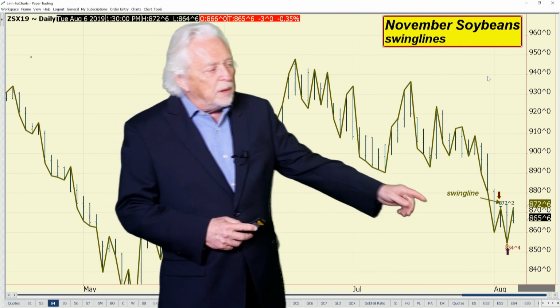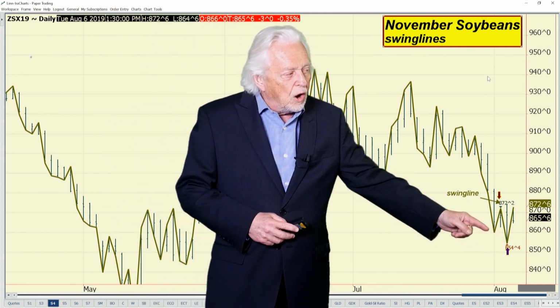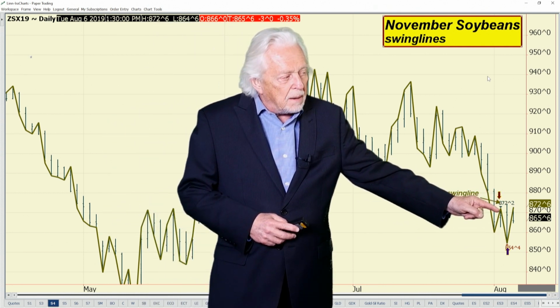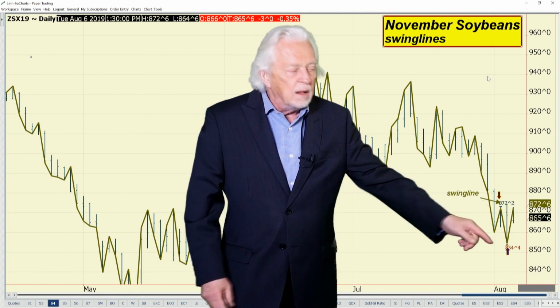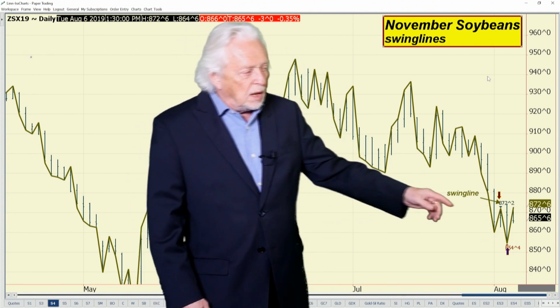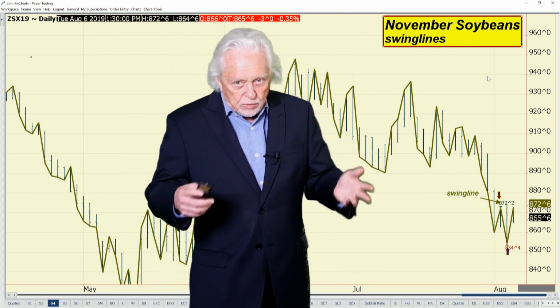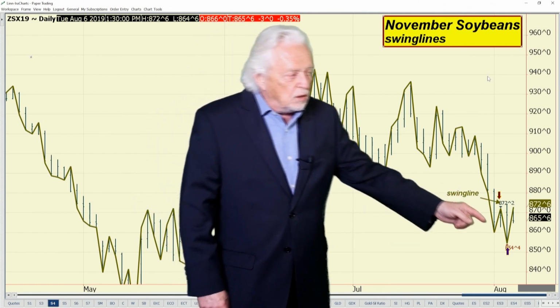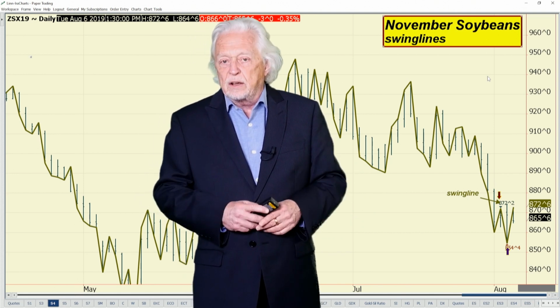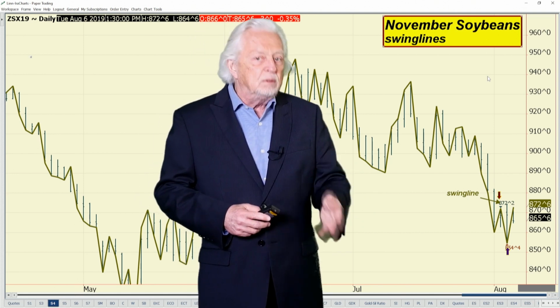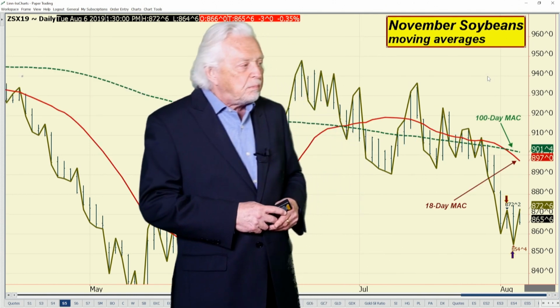When I put on the swing line, I now have a pattern of a lower low, and with the outside day up yesterday, a higher high. The one thing you don't want to see taken out is the lows that we made yesterday at 854.5, purely because we had what I call an outside day up, and if you're going to create a bull trap, as I define it, you don't take out the low of an outside day up within the next two trading sessions. If you do, I'll show you what I look for.